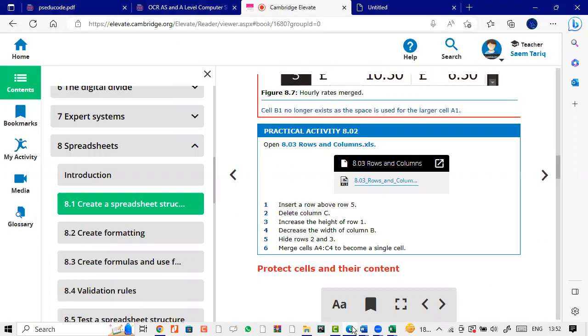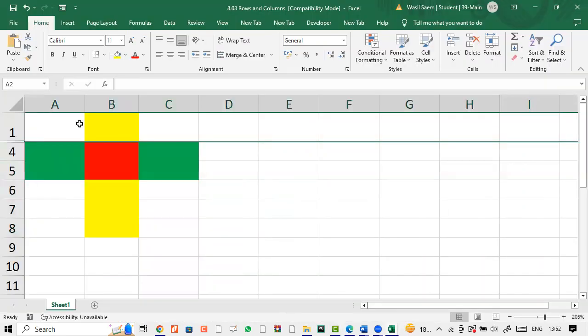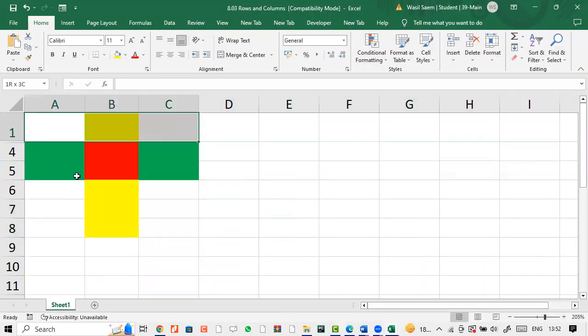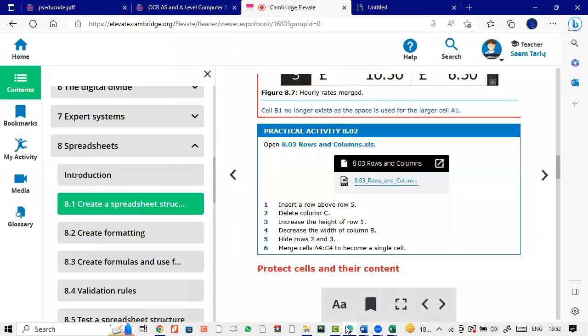And then merge cells A4 to C4 to become a single cell. So A4 to C4, sorry, it's A4 to C4, you will merge here. So that becomes a single cell, as you can see over here. Okay, so